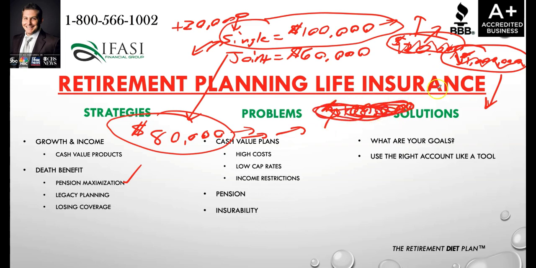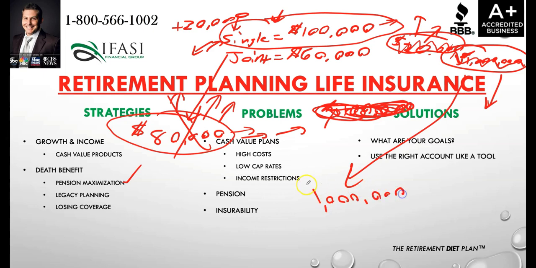Let's say the wife doesn't pass away, but the husband passes away, and all the pension money was tied to that single life individual. They were collecting $80,000. All of a sudden he passes away. They're not receiving $80,000 anymore, but that's where the life insurance would kick in and pay that spouse $1 million of tax-free death benefit. So now the spouse could leverage that as their own retirement play, and now they have a bucket of $1 million to allow them to not outlive those dollars and make sure they're creating an income-related strategy for it. So that's what I mean by pension maximization strategy.